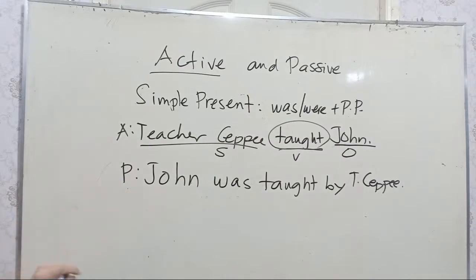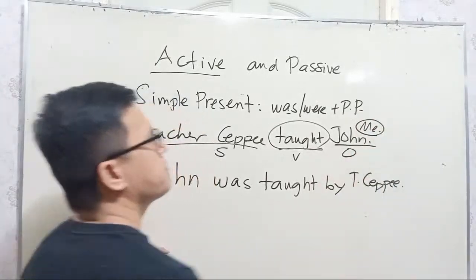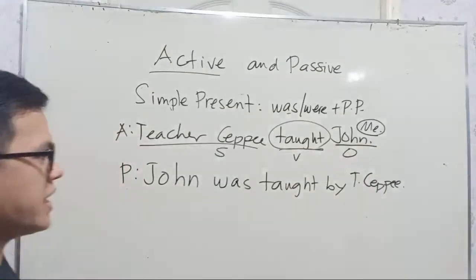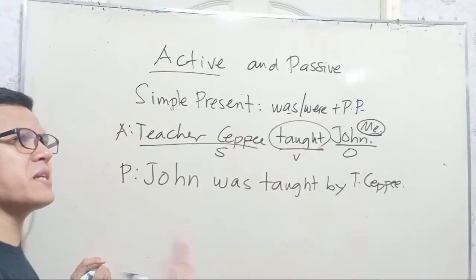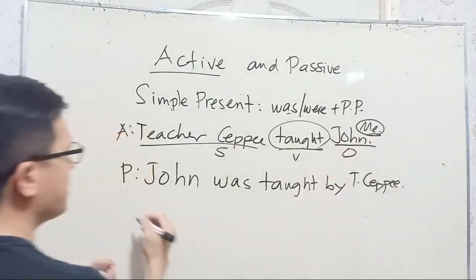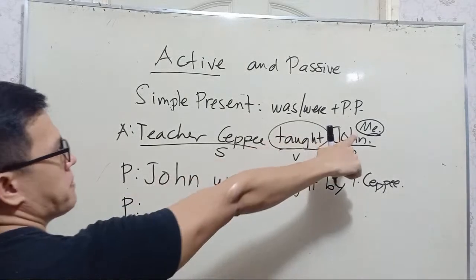Okay, what if this one is a pronoun? Like, shall we say me? Like Teacher Seppi taught me, not John. So me is an objective form, right? So what is the subject form or subjective form of the pronoun me? If we're going to change that one into passive, we say